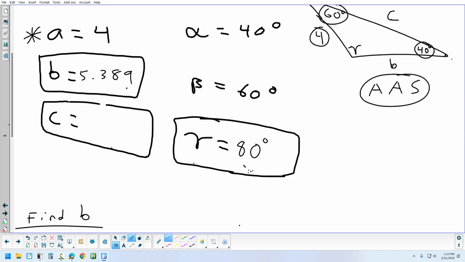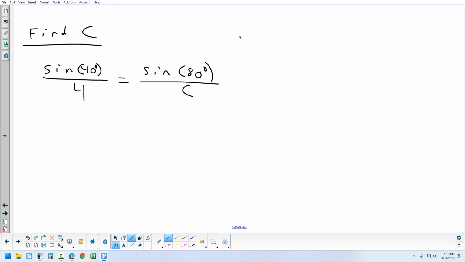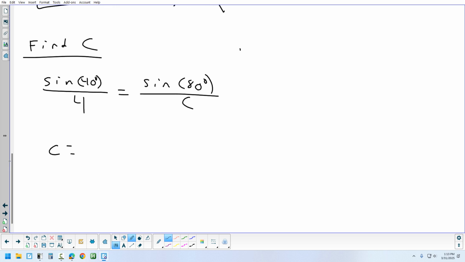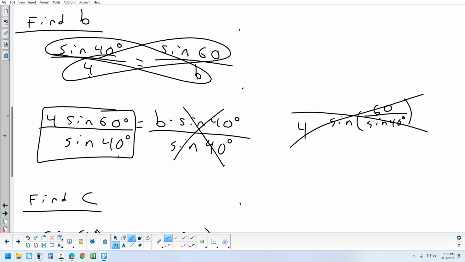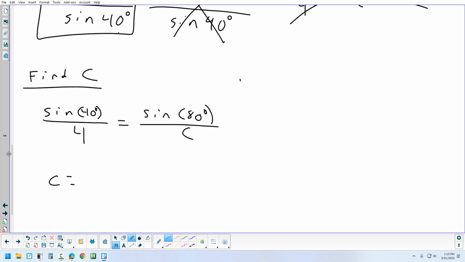And then over C. And then you cross multiply. What I usually do is the cross multiply step in my head. Whenever you cross multiply, it's always going to be the product of the two that are numbers divided by the one on the diagonal with the letter. That's the pattern. So it's 4 sine 80